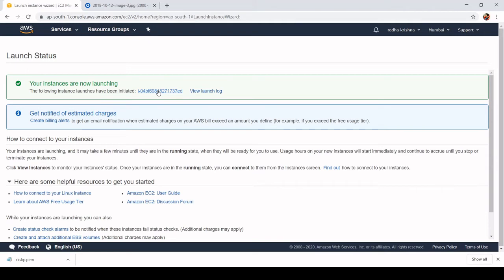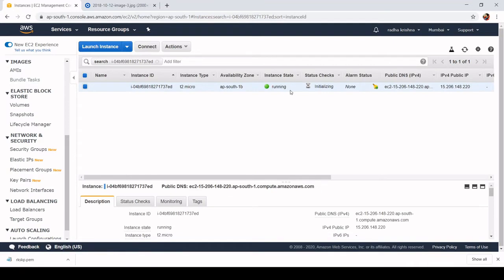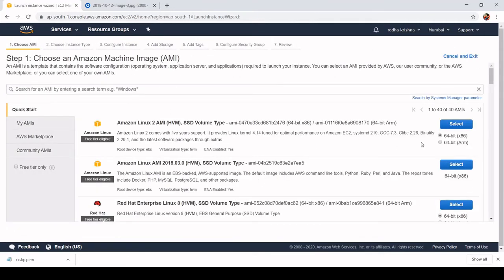And to see your EC2 instances in the dashboard, you have to click here and you will see the status of your EC2 instances. You need to wait until the security checks complete. Here you need to get the 2 by 2 check. Until that you have to wait here. I'm pausing the video and I will resume it once it passes the security checks. You can see here now this instance is up and running, and launch the other instance in a similar way.